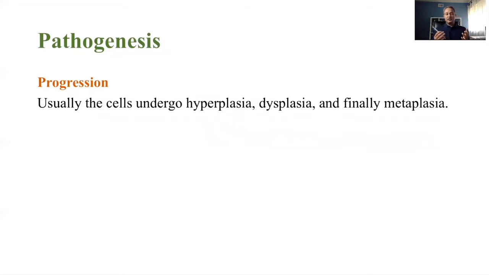Now, usually the cells undergo hyperplasia, dysplasia, metaplasia, as I said before. So just be very much aware of that in your test as well. If they give you a sequence of what would happen, hyperplasia, dysplasia, metaplasia, especially for the epithelial cancers, those cancers that take origin from the epithelial cells or neuroendocrine cells, the cells that make serotonin, also called Kulchitsky cells. These cells give rise to small cell carcinoma, and that is mostly associated with smoking.